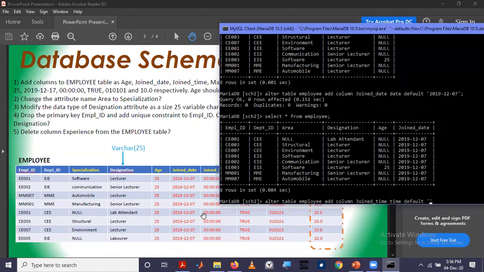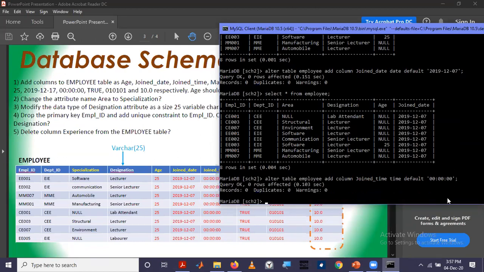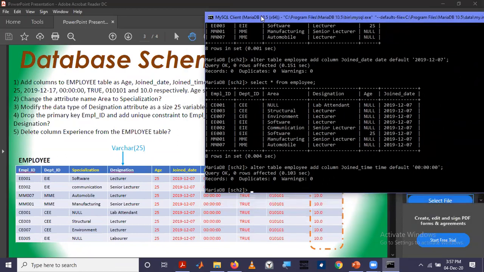The first two zeros are for hours, then minutes, then seconds. So a new column known as join time will be added with data type time with this default value. It was added successfully. At the end, I'll show you these things added. We'll continue adding the rest of the columns.